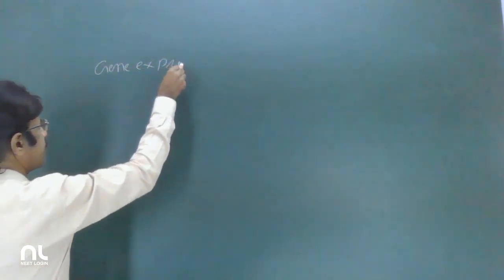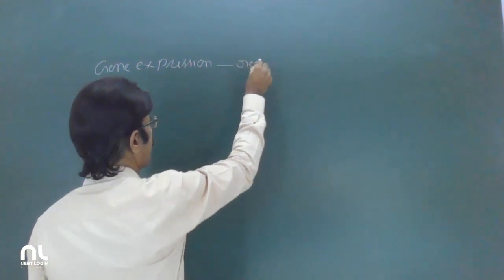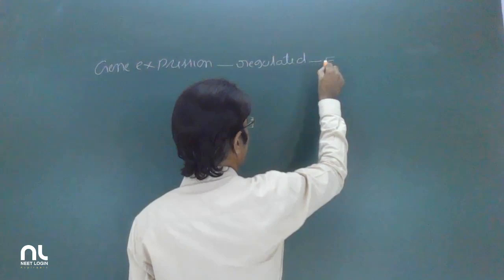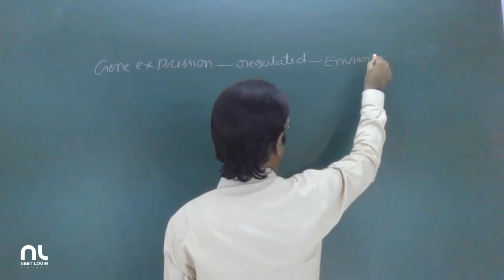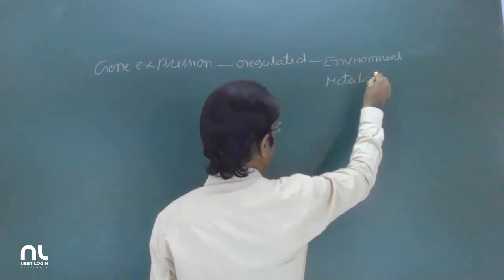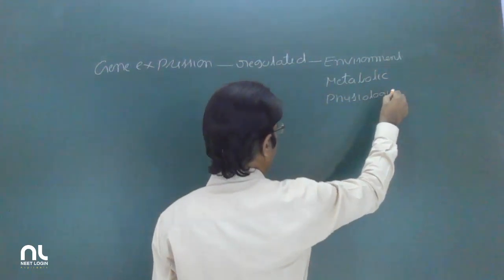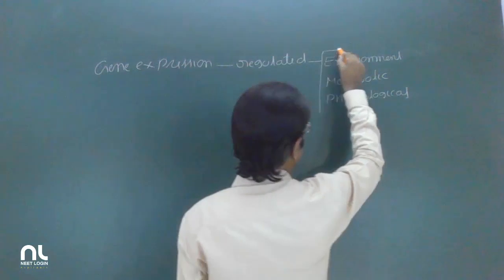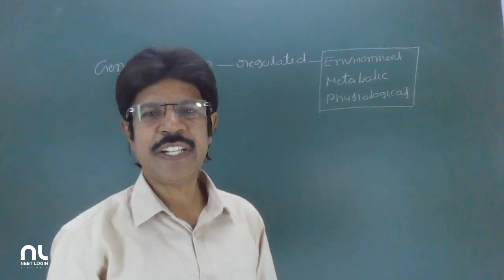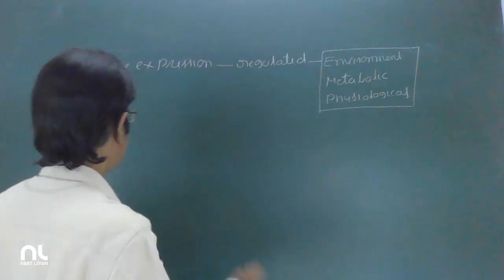Gene expression is regulated by the environment, at the metabolic and physiological level. As we said earlier, genes provide potentiality, and the environment provides varieties, opportunity. Okay. Suppose you take